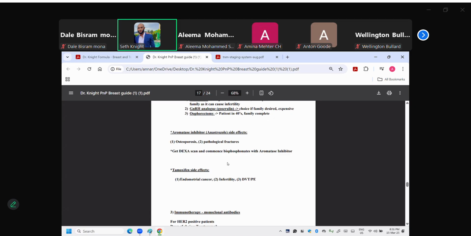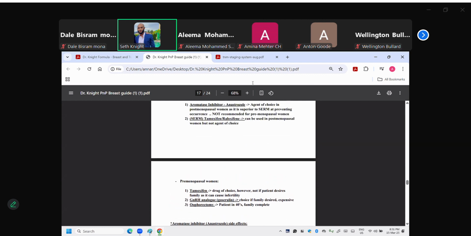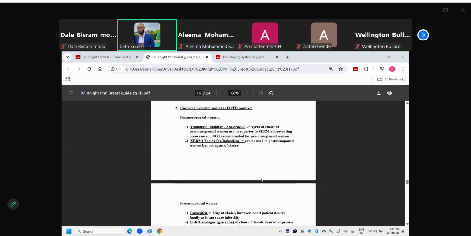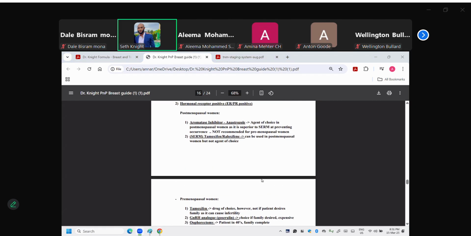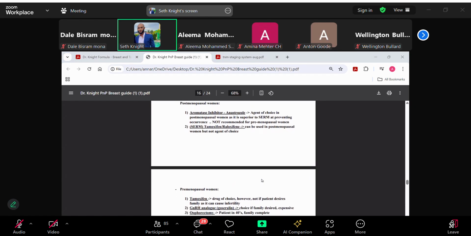And so therefore, we make sure that they get a DEXA scan and we start them on bisphosphonates to prevent osteoporosis. And we do osteoporosis in medicine when we talk about calcium and so on. Okay, so remember those things about anastrozole, tamoxifen, goserelin, and oophorectomy. Are we clear on this concept, everyone? Okay,